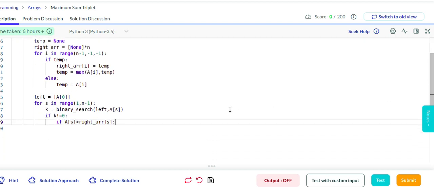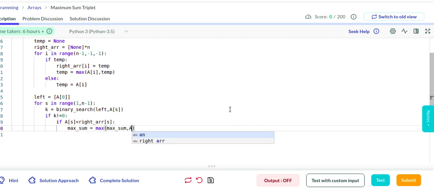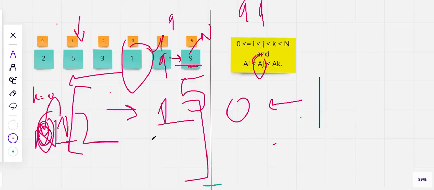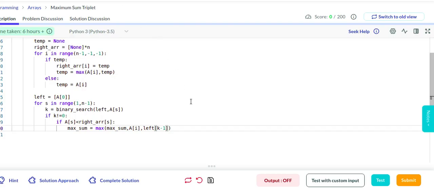Then we compute the max sum. Max sum is going to be the maximum of the maximum sum we have encountered until now, and the sum of this second element that we have got, and the left element that we are going to get. And the left element has to be at the kth position where I have to insert the second element in the left array, minus 1, k minus 1, as I was talking. I have explained it in detail. So k minus 1, and I have to sum this with the rightmost value, so the right array, which is the maximum right value that we can get. So this is the sum, simple, right?